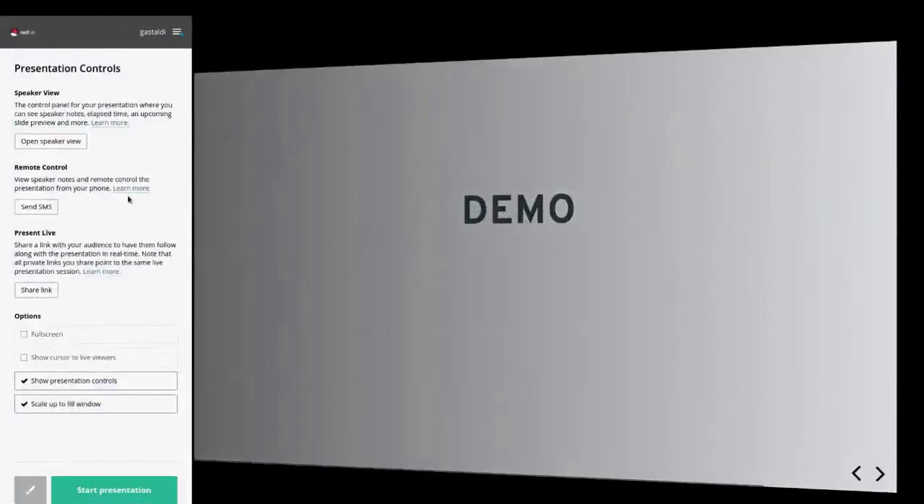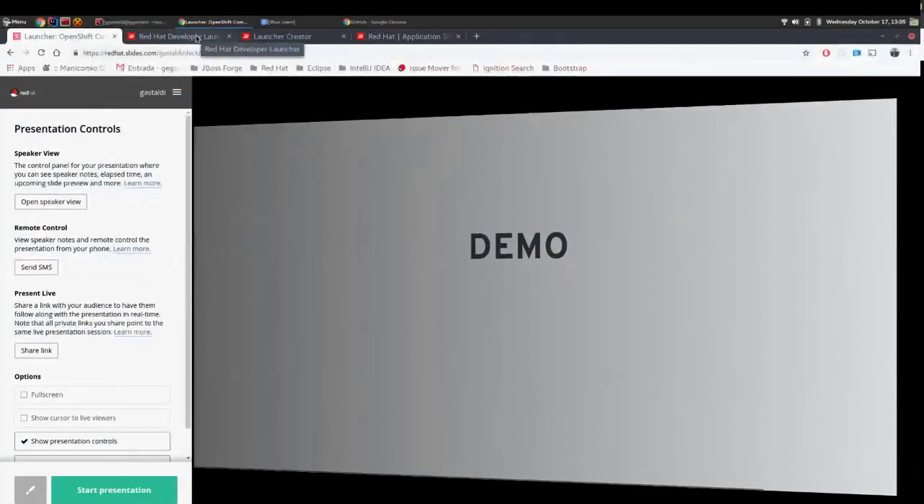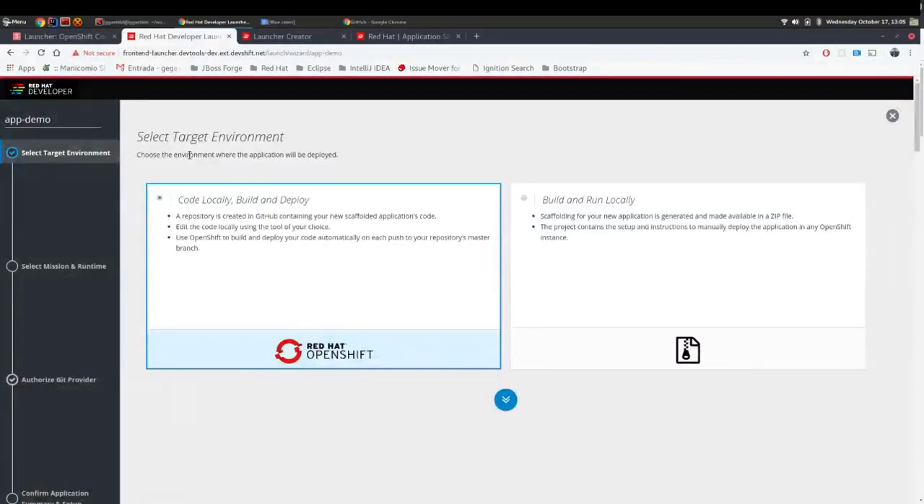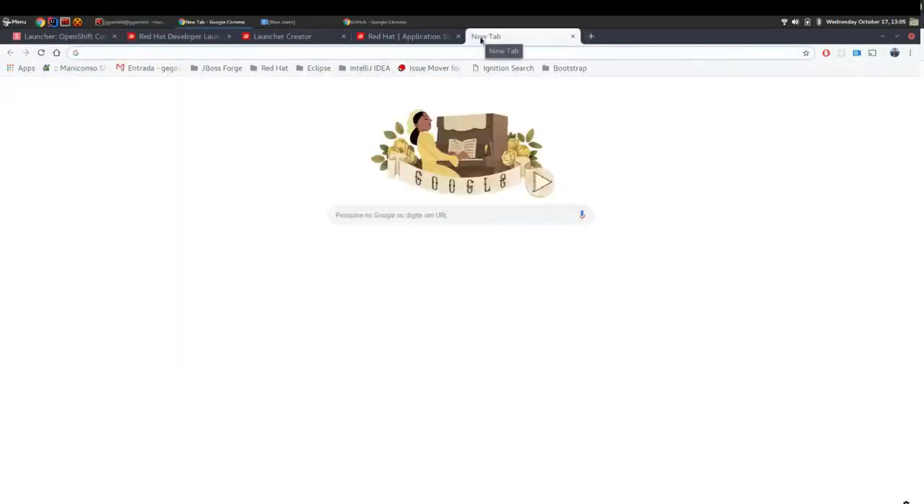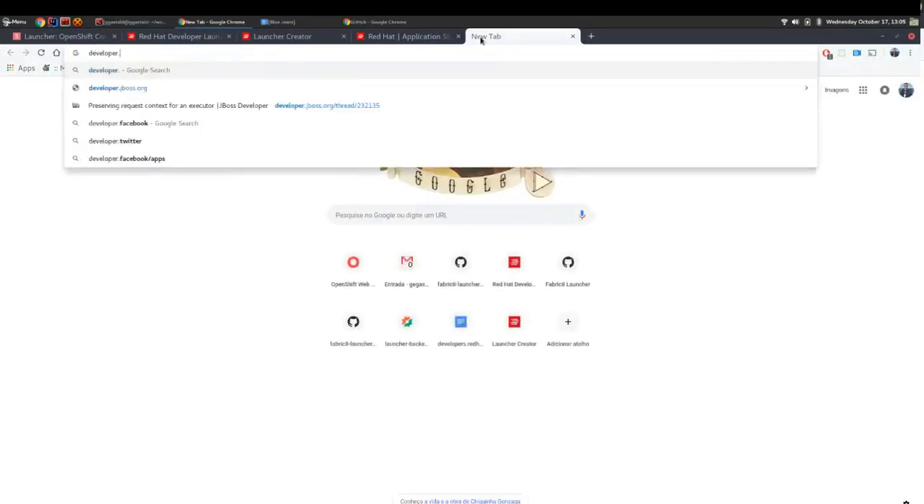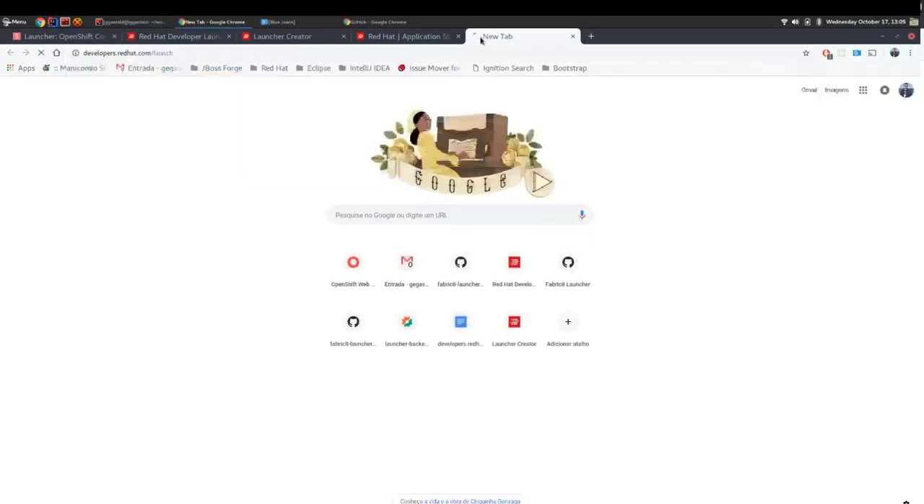To illustrate that, I'd like to present a little demo. Right now we have our launcher running under developers.redhat.com/launch, and this has been running for about a year and a half,